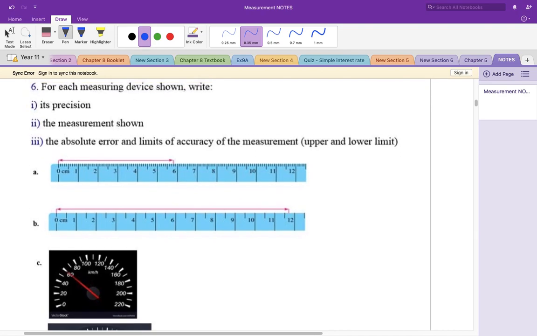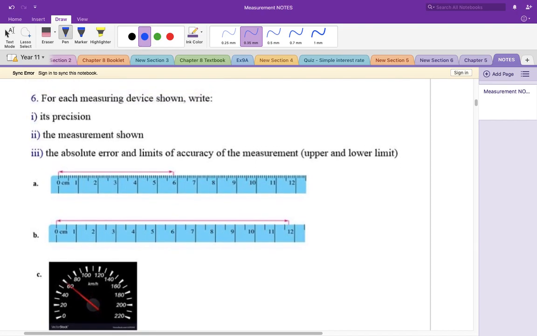Okay, question 6. I'm going to do one of them with you and then let you do the rest yourselves. So for the first one, precision, I'm just going to use P, M for measurement, A for absolute error, and R for range. I'm just going to use the short forms or else there's no space. So the precision